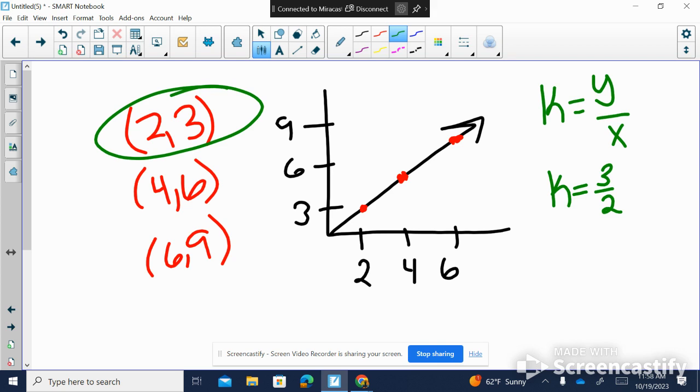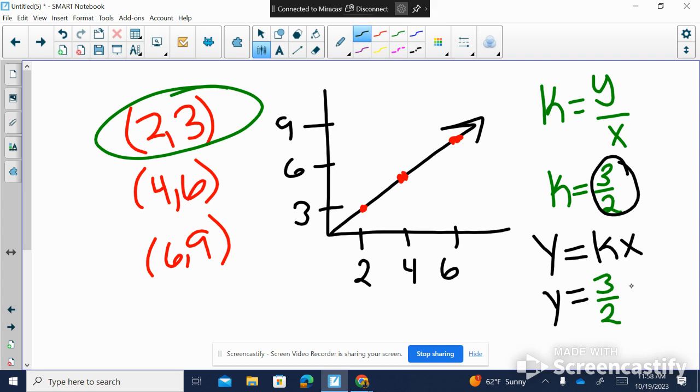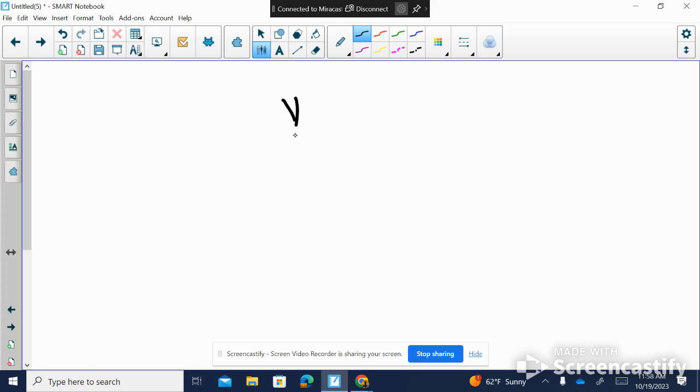That means that I can create the equation y equals k times x to represent this situation, but instead of a k, I'm going to replace it with a 3 over 2. So y equals 3 over 2 times x. So for each x, I'm going to go 3 over 2, and then I'll get to my y. So let's test it out. We said y equals 3 over 2 times x. Another point we had was